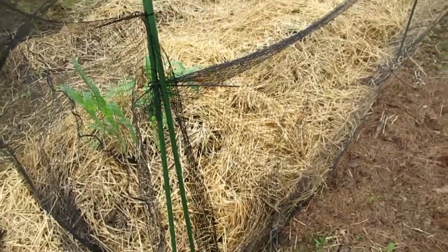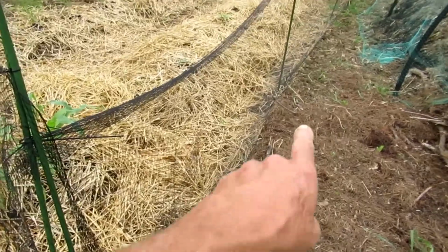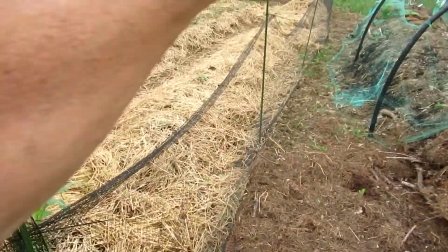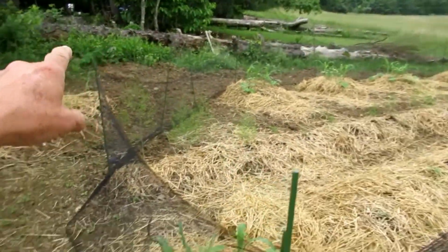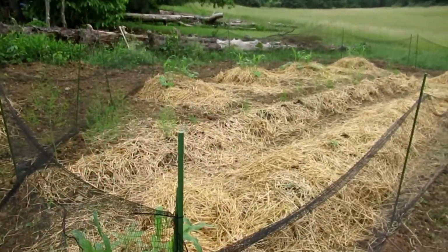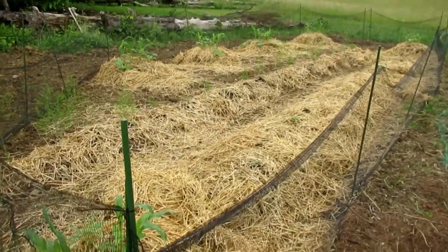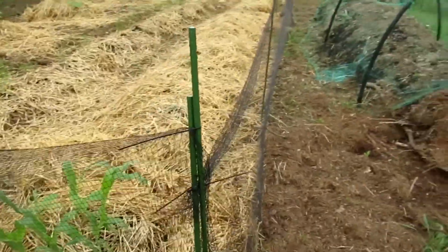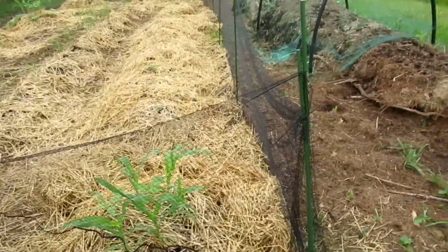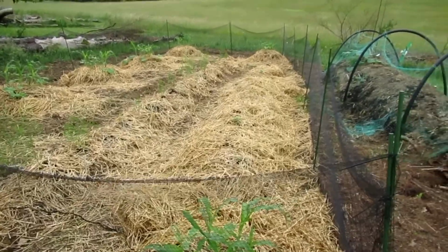So going with the new approach of rolling out the netting around the fence area and then pulling it up so that I pull it down if I need to get in, seems to be working out for me really well. This is the orchard side of the house, and this is